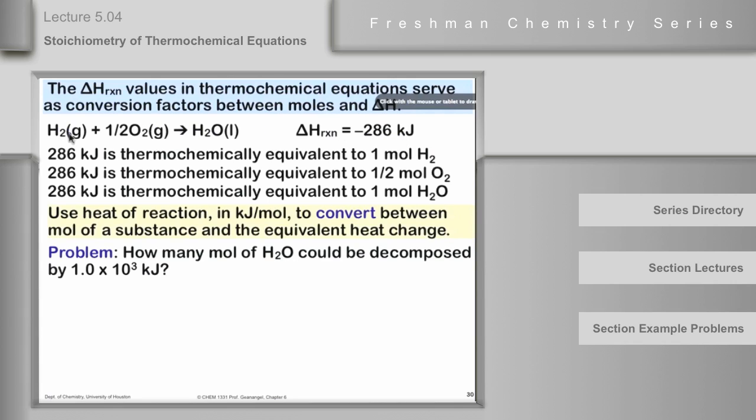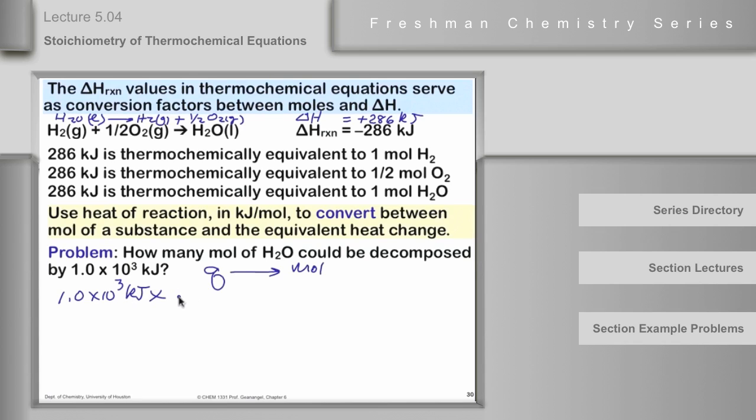So if we turn this equation around so that H2O liquid goes to H2 gas plus 1/2 O2 gas, the delta H for that would be the same in magnitude but opposite in sign because we turned the equation around. So 286 kilojoules is required to decompose 1 mole of liquid water according to this equation. Okay, so what we're going to do here is start with Q and use Q to calculate moles. Q is 1.0 times 10 to the third kilojoules, and we're going to multiply that by a factor that will have moles over kilojoules to get rid of the kilojoules